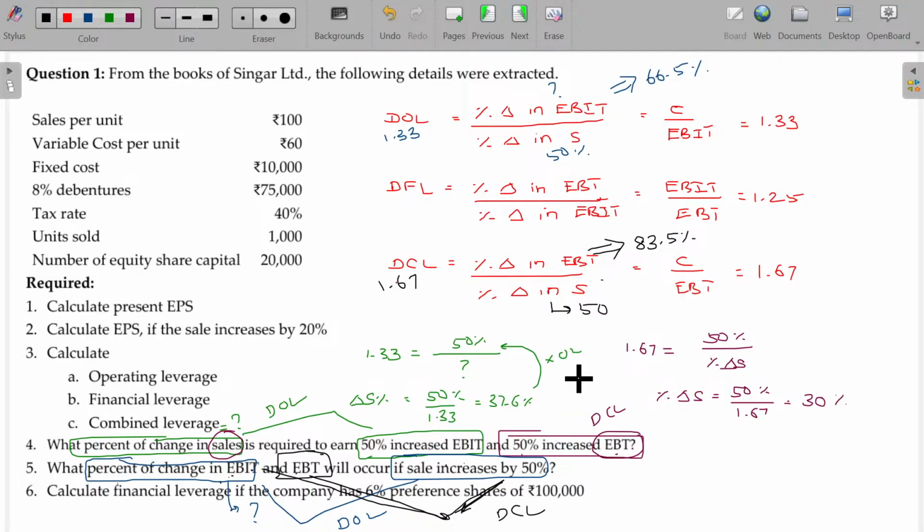Almost we have completed all the logics. Mastering this topic could be done by solving a few more illustrations. 3, 4, 5, 6, 7. 5 more illustrations are there. All these things are just variations of this. We can finish up everything just like that. There will not be any more complications.